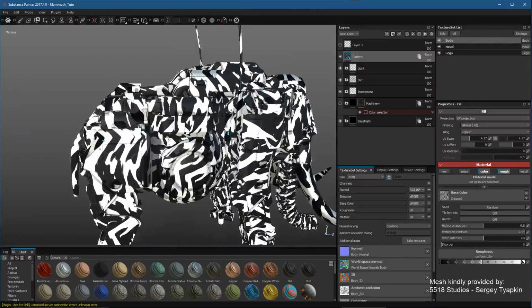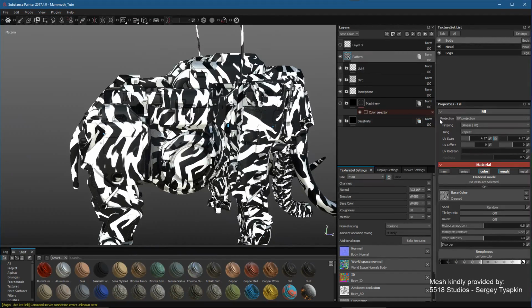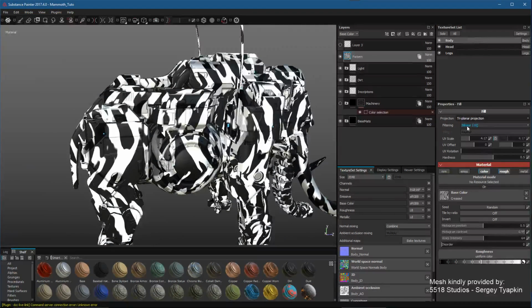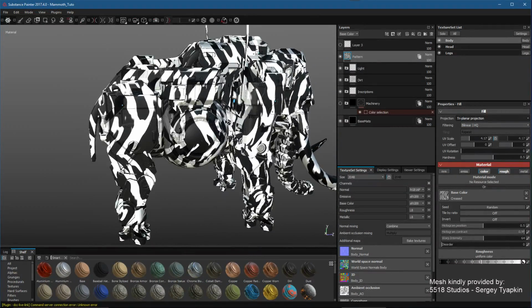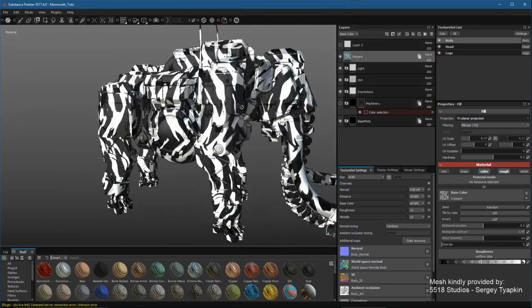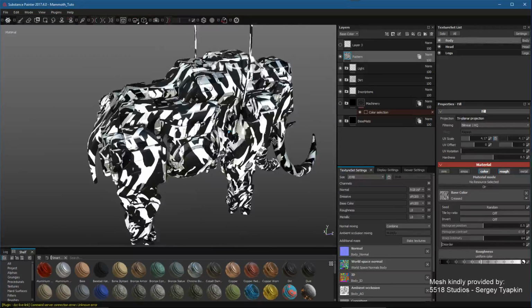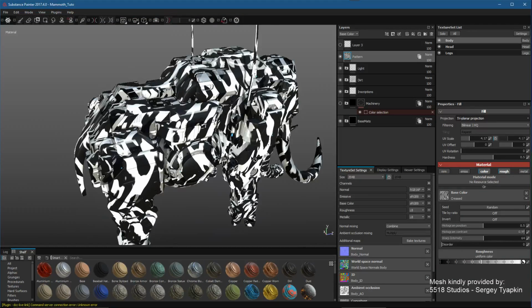So once again, if I start to make any changes here to this pattern, you can see it's updating across everything. Now what's also really cool with this is we have our projection set to UV projection. So if I come in and change this to, say, triplanar, now you can see that, because of that reprojection in world space, this pattern is now lining up with all of the texture sets. So now we get more of this continuous mapping of this pattern,